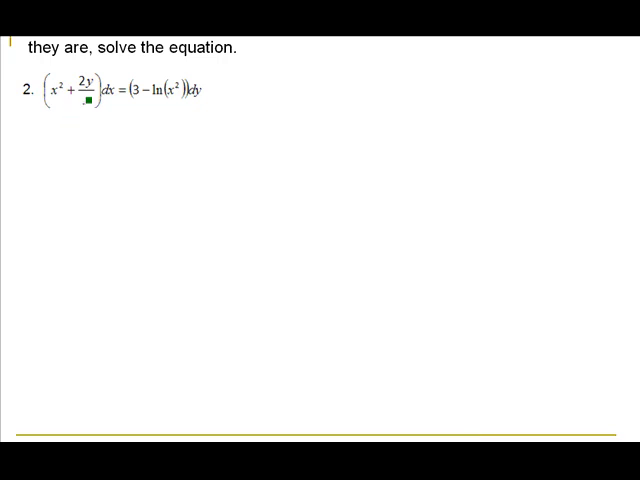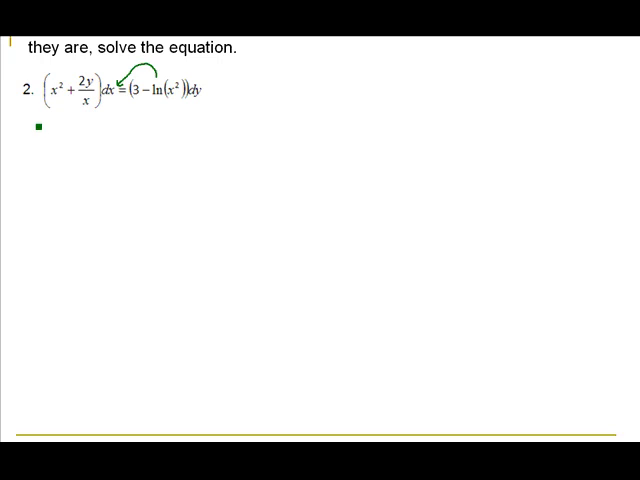Okay, on this second equation, notice that this one is not separable. There's no way to get this y out of this function. To determine if it's exact, I'm going to want to bring this dy term over to the left side